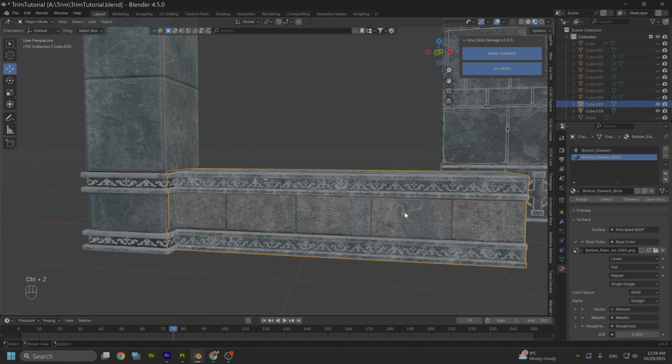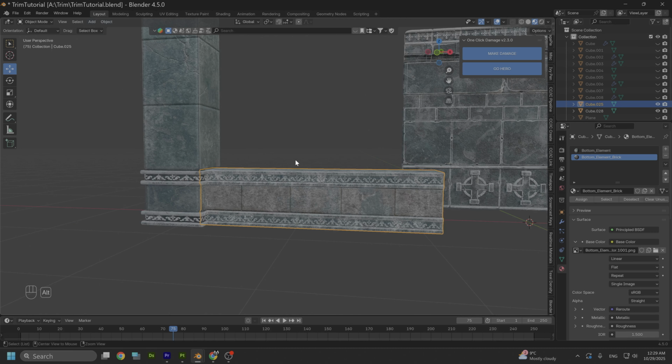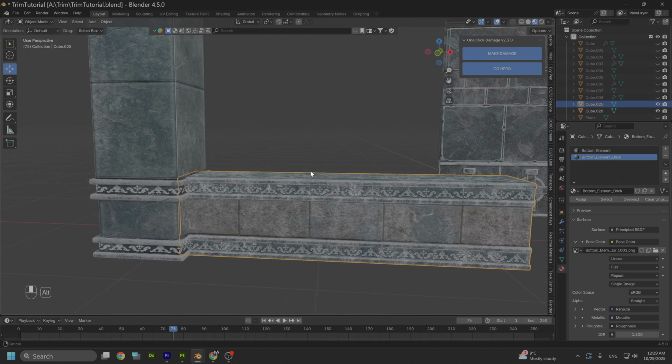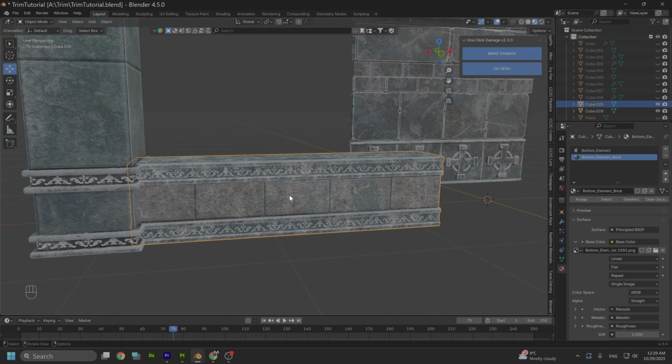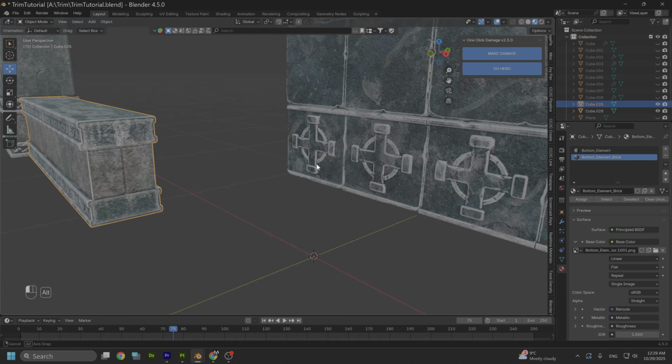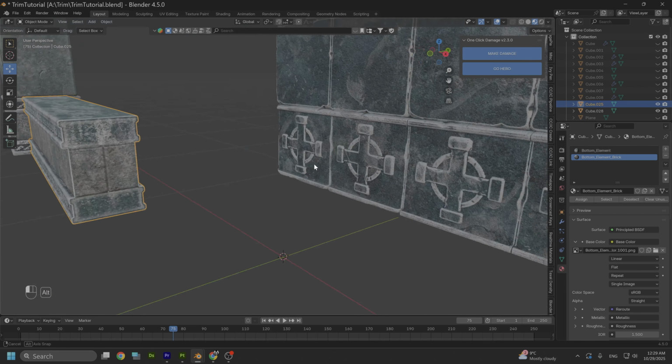And the problem with this is that if you export this in Unreal Engine, only for this element you're using two materials with 4K textures, and it's too heavy for the game. Yeah, it looks better because you can see here everything,